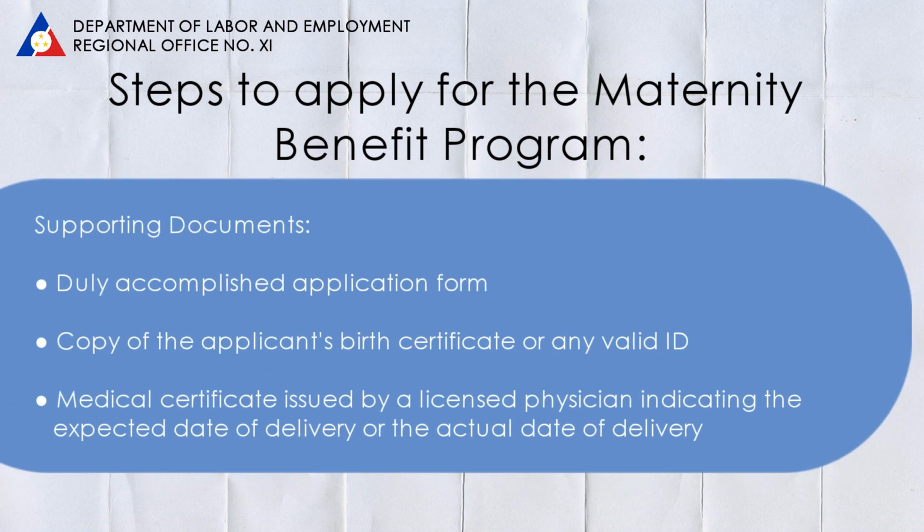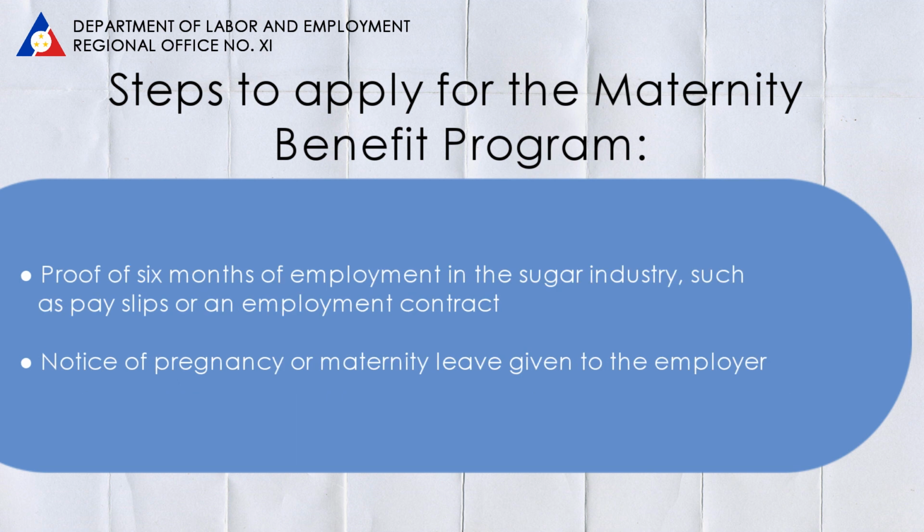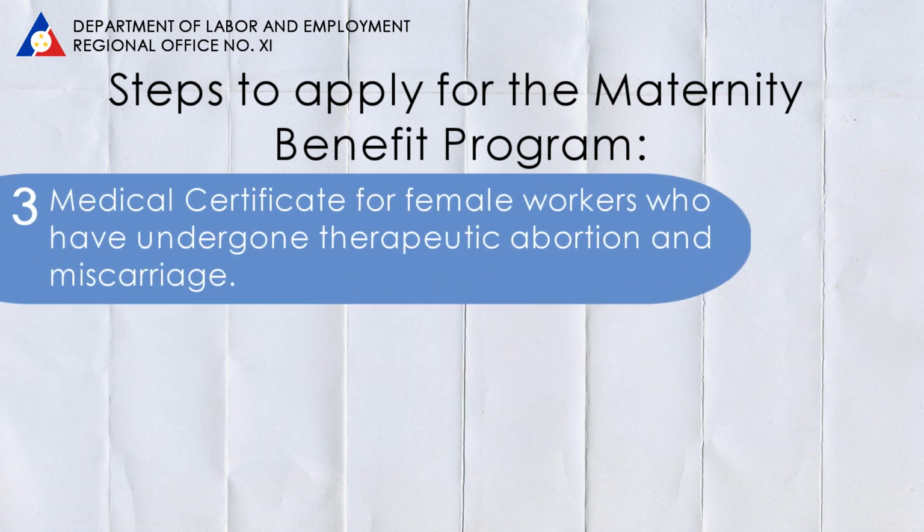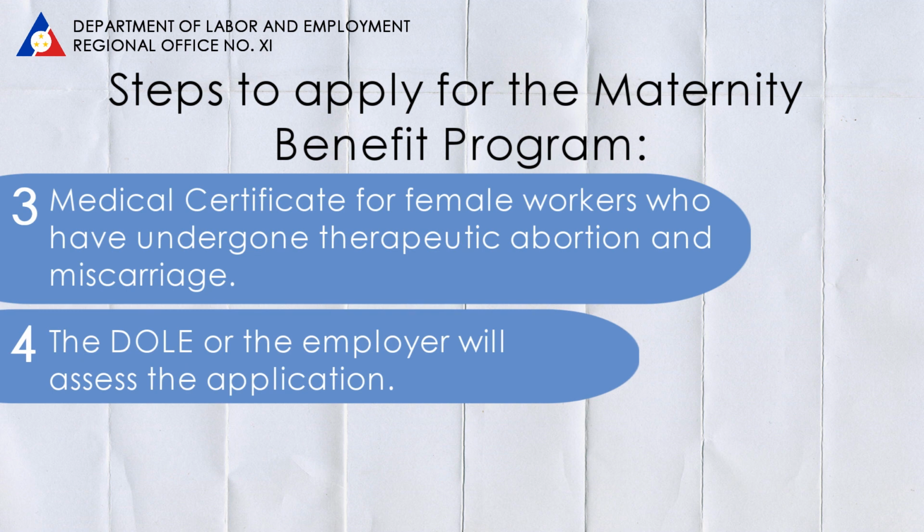Duly accomplished application form. Copy of the applicant's birth certificate or any valid ID. Medical certificate issued by a licensed physician indicating the expected date of delivery or the actual date of delivery. Proof of 6 months of employment in the sugar industry, such as pay slips or an employment contract. Notice of pregnancy or maternity leave given to the employer. 3. Female workers who have undergone therapeutic abortion and miscarriage are also qualified provided that a medical certificate is presented upon application. 4. The claim will be assessed by DOLE or the employer to determine if the worker is eligible